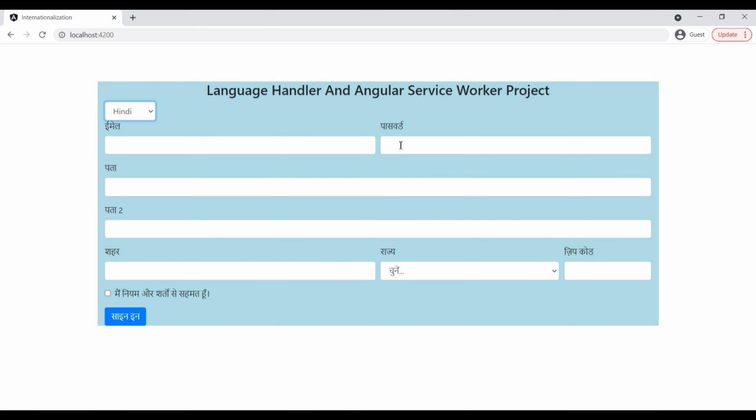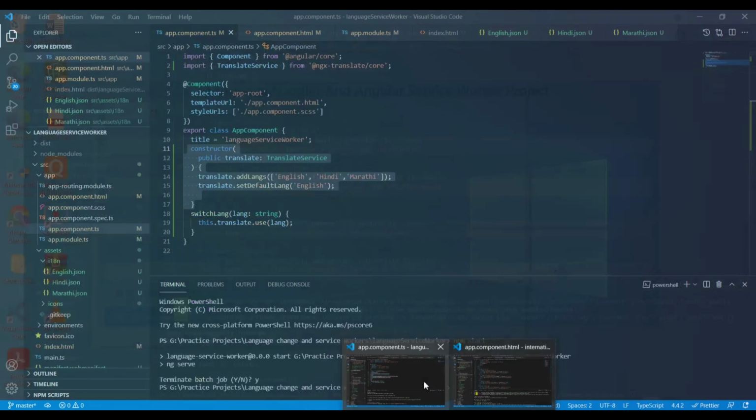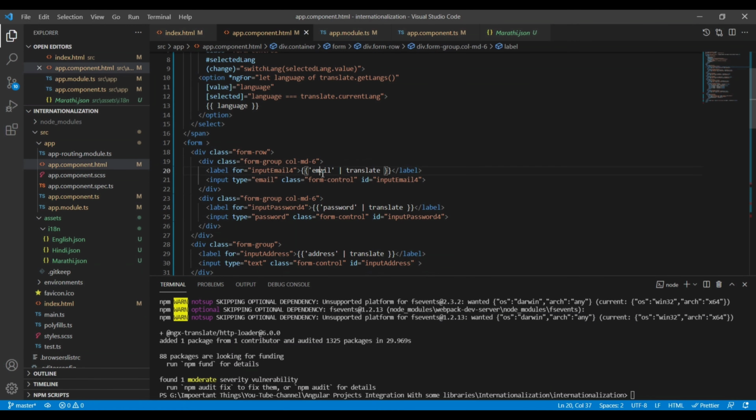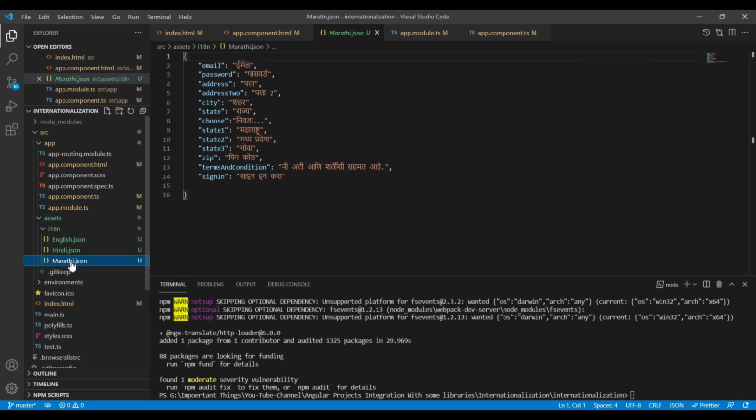If I click on Hindi, you can see it is changing into the mentioned language. If Marathi, it changes into Marathi. Now once again I will explain the total flow. In the HTML, on selecting any language, we are passing it to switchLanguage, and first of all we assign the keys to the translate pipe, which are common in English, Hindi and Marathi.